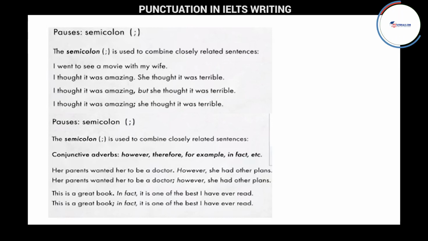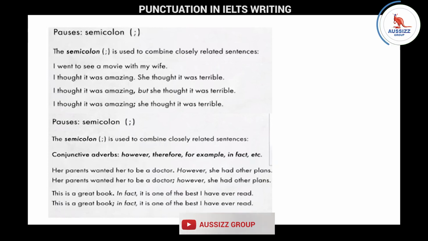Whenever you are saying, like, some people believe that the internet is good for society, while others believe that it is not good. Discuss both views and give your opinion. So what do you think, that these two things are contradictory? So in place of while, you can use however. You can use it in this form: some people believe that technology is good for society or is beneficial for society; however, others believe. Now when you're adding however, you can add a semicolon before however and a comma after however. This is how conjunctive adverbs work.